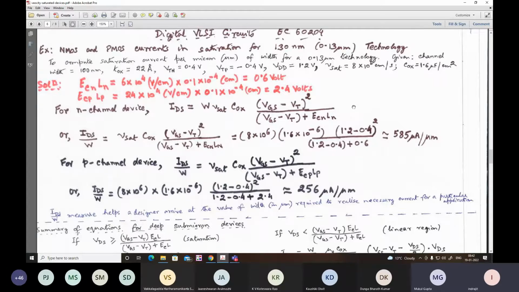But I do not know the actual reason. There should be some reason. It appears to me that when one migrates from 180 nanometer to 130 nanometer, for easily manageable dimensions, perhaps the feature size has been kept as 100 nanometer rather than 130 nanometer.